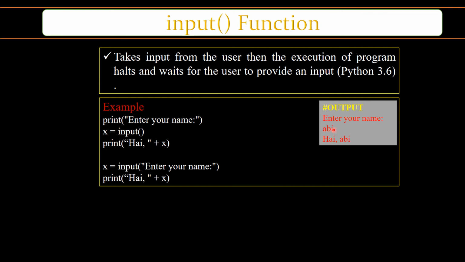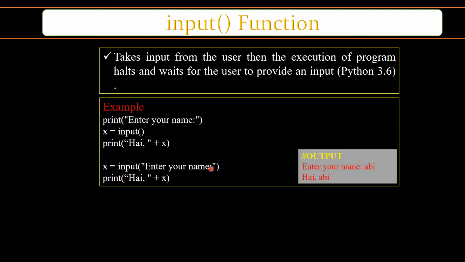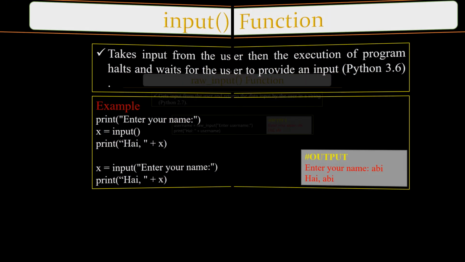Suppose I have entered the name as Abhi. So now what will be printed is "hi", comma, the value of x, which is Abhi. "Hi Abhi" will get printed. Then, for these two statements, we can also write them in a single statement, that is x is equal to input("enter your name"). So this will ask to enter your name, and here also I am going to print the value Abhi. So now "hi" plus the x value, so "hi Abhi". This is another way. So both are the same. Here I have given it in two statements, and here in a single statement I have retrieved it with the input.